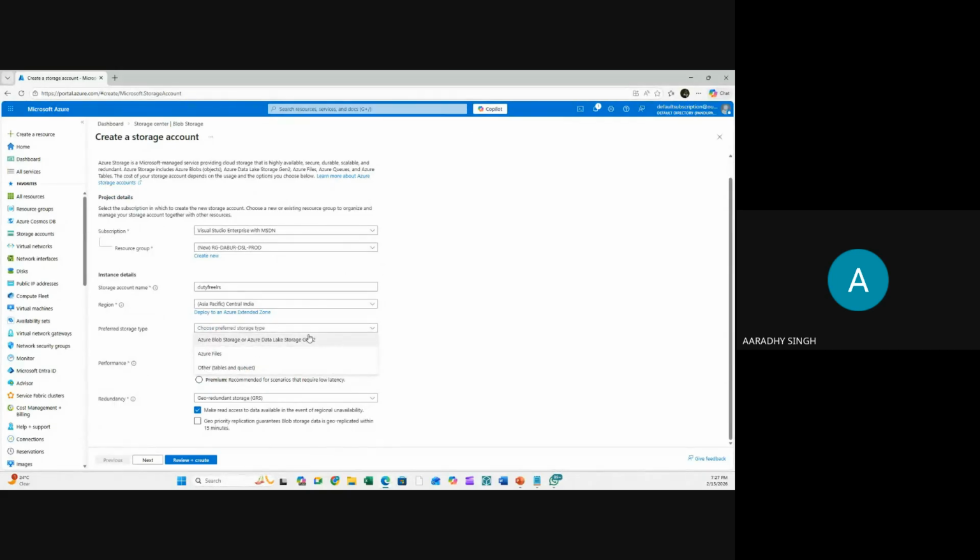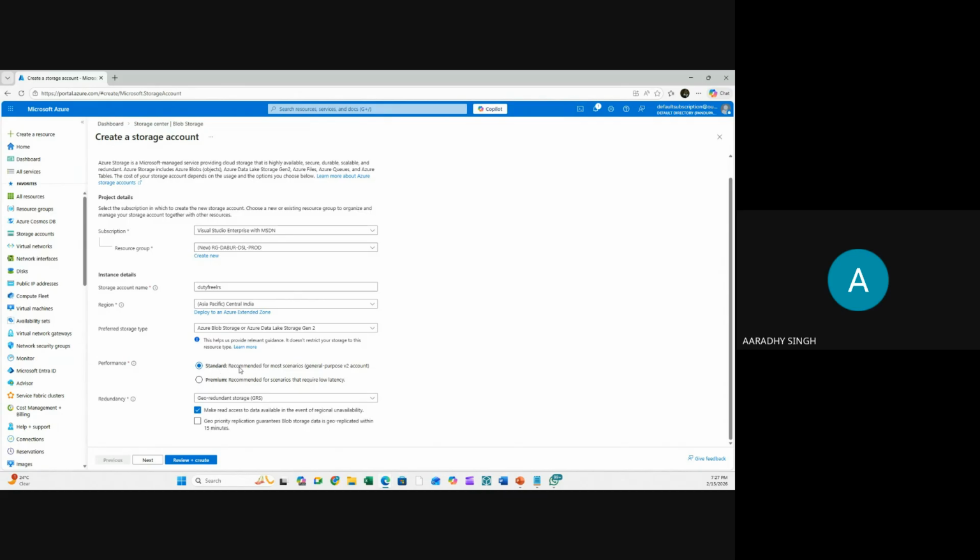As I told you guys, this is a multi-purpose service. Are you planning to use it for file storage, or in a data engineering project, or for blob storage? Suppose I'm planning to use this general purpose for data engineering, or I can use it in any other type of engineering application. Next, in the backend, when you create a storage account,